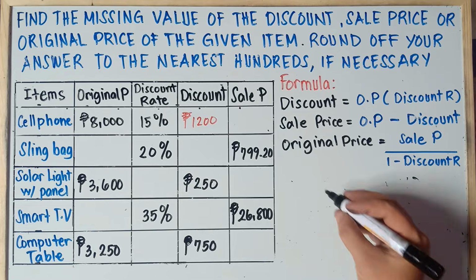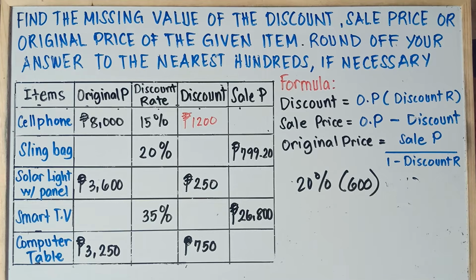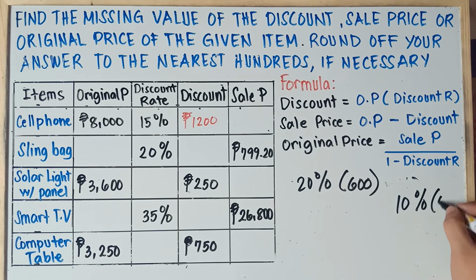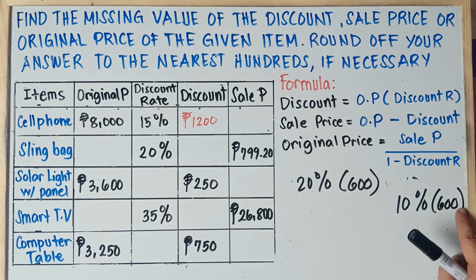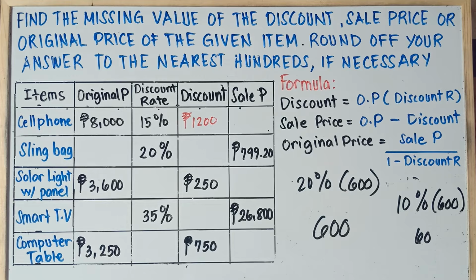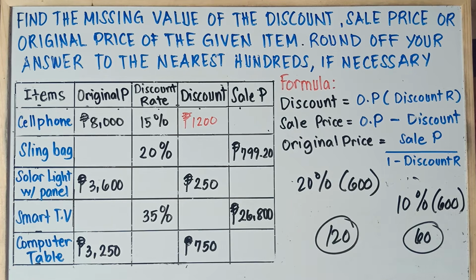Let me give you another example, class. If I will say, what is 20% of 600? What's the answer, class? 20% of 600. Of course, we know that 10% of 600, you already have the idea, as I told you earlier. You simply move the decimal point from this whole number right to left once. So 10% of 600 would be 60, right? Move the decimal point right to left once, the answer is 60. 10% of 600, that's 60. Therefore, 20%, just double 60. The answer is 120. Easy as that, class.